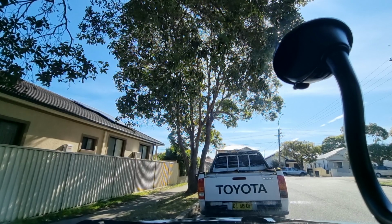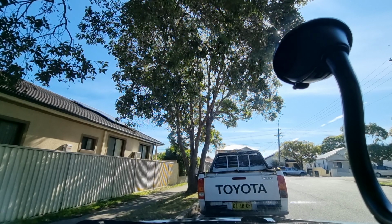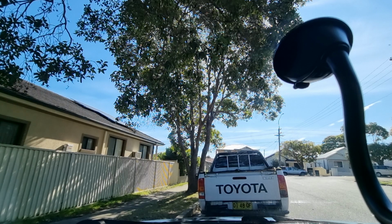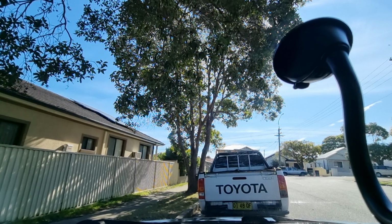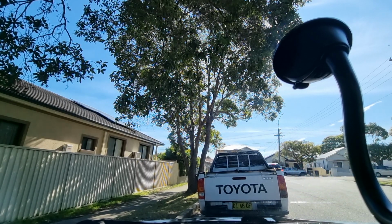Alright, guys, now we need to go. If you try to go now, you're gonna hit the front car. Yes. If this is the situation, you need to reverse back. If you hit the front car, guys, it's a fail item. So you need to reverse back. So make sure the car is in reverse,